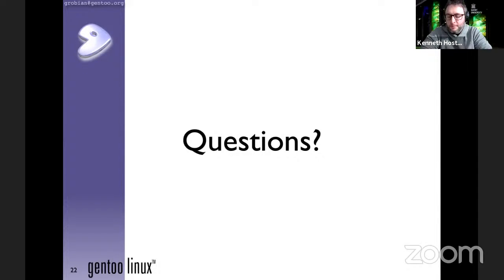Yeah, okay. And then I see Bart has a question as well, but I have one that I think is important. So you mentioned the bootstrapping procedure for Prefix, where you build the toolchain carefully basically from scratch up until you get a working portage, and then you can emerge everything you want or need to.